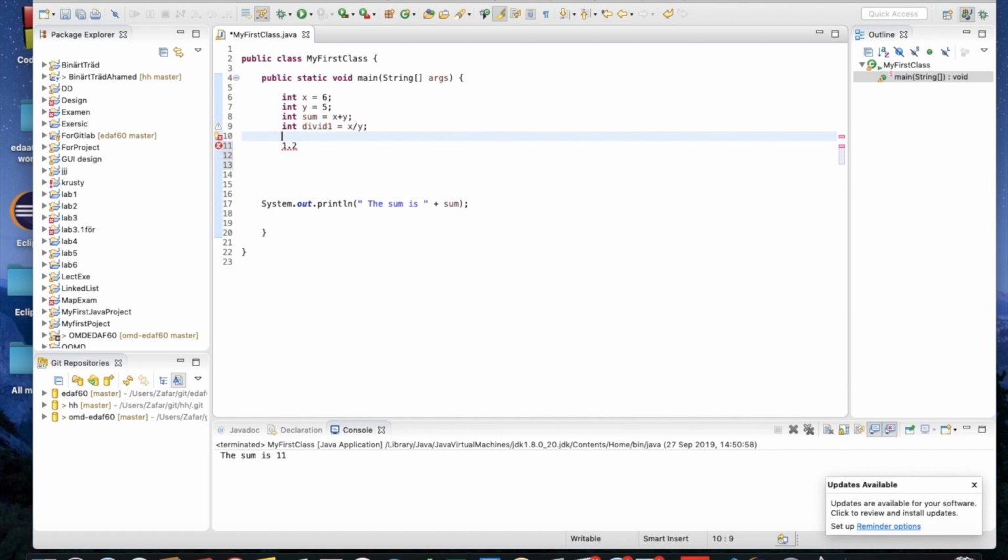percent sign. So we declare another variable divide 2 is equal to x. So here in this variable we will get 1 in this case, if 6 divided by 5, and in this variable we get 1 because the remainder is 1. Let's check it. So we can write, to know the differences, divide 1